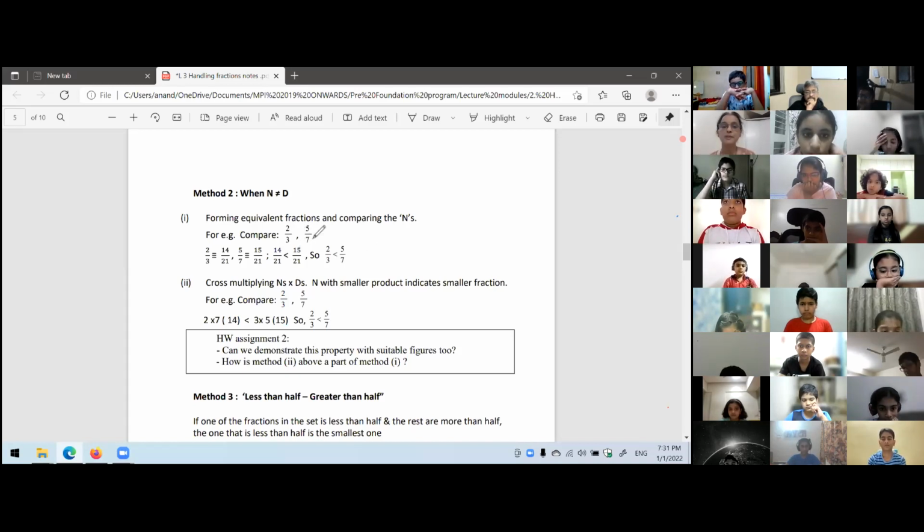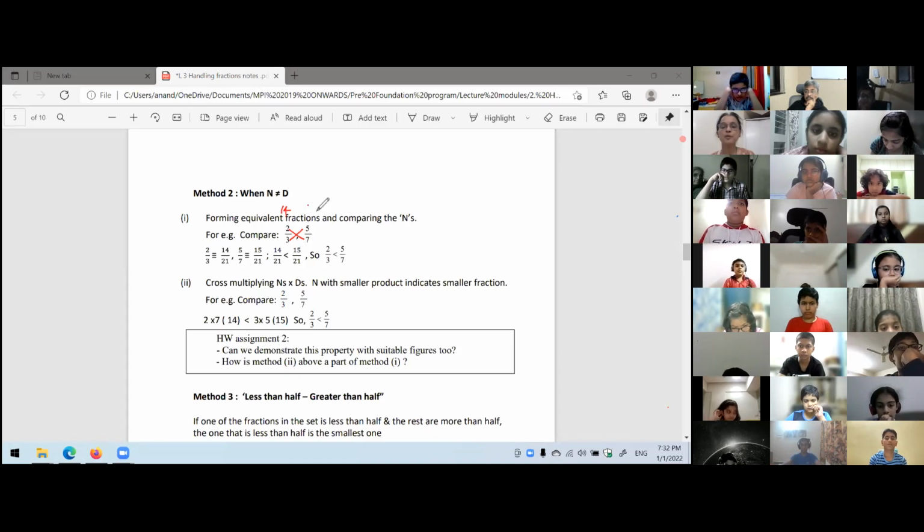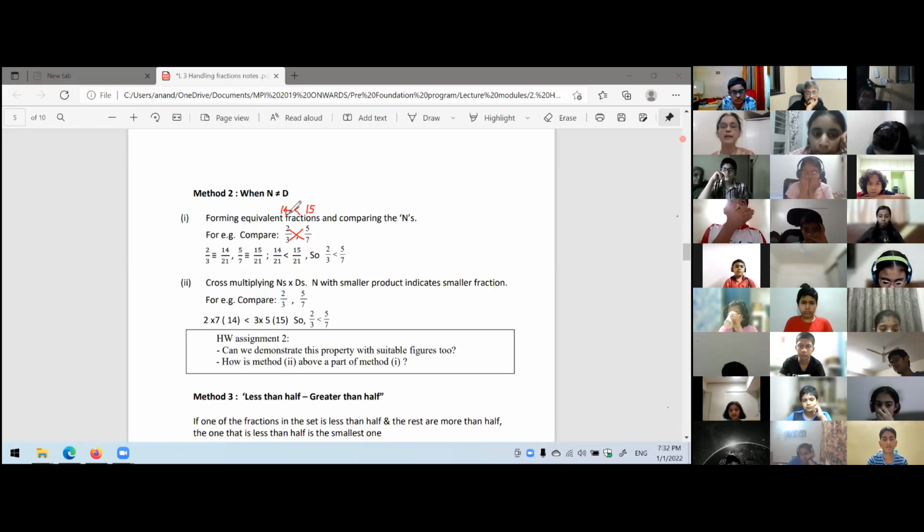That is our purpose. Now, when the numerator and denominator both are different, how will I find which is bigger, which is smaller? I told you one method is strips. Another very easy method, let me tell you, is cross multiply. 7 2s are 14. Write the cross multiplication on the top of the numerator. 5 3s are 15. 14 is less than 15. So 2 upon 3 is less than 5 upon 7. Fastest method. Whenever I want to compare two fractions, cross multiply, and whichever numerator is small, that fraction is small.